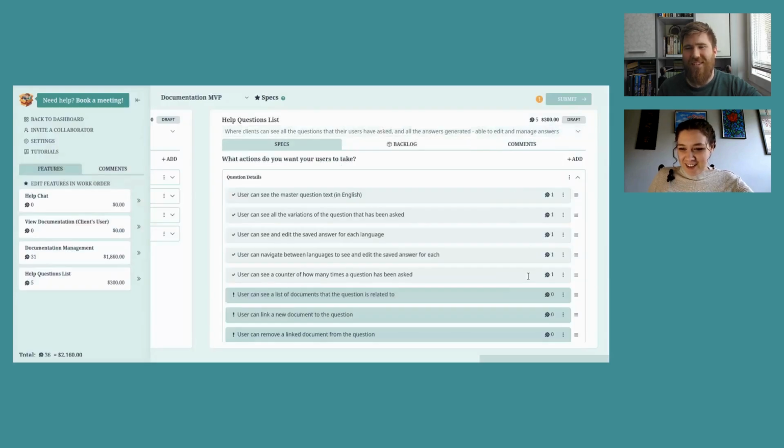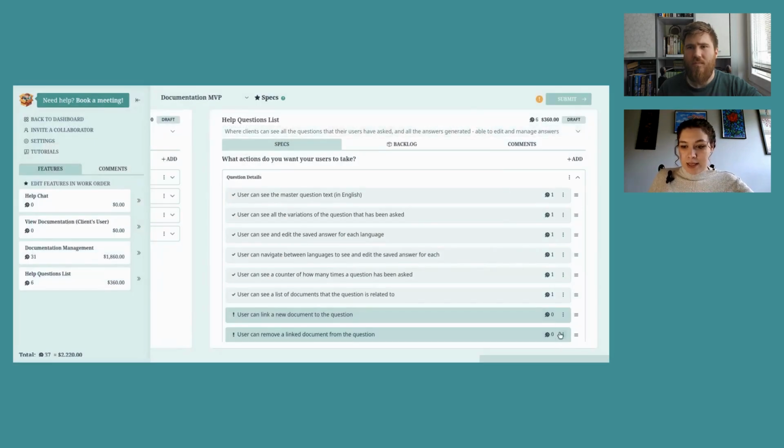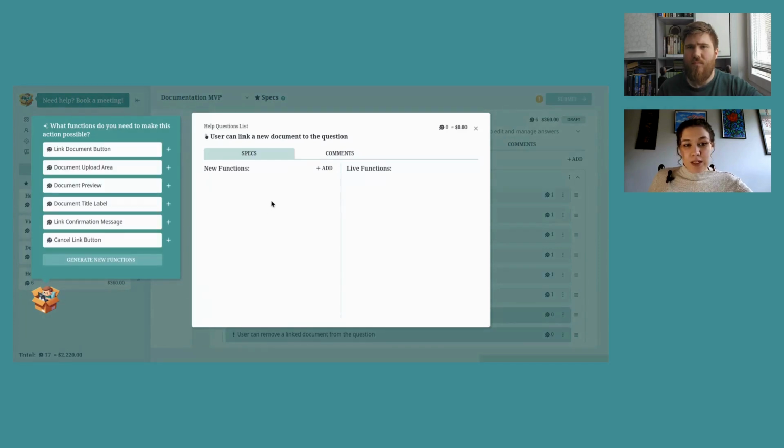And then user can see a list of documents that the question is related to. So we're just going to want document name. And then we have user can link a new document to the question. I imagine this is most likely going to come from a dropdown for the sake of saving space. Yeah. So let's pop this in here now. So we need a dropdown toggle so we can activate that dropdown. And then we need the dropdown content so we can open and close it. And then we're going to need a link to select